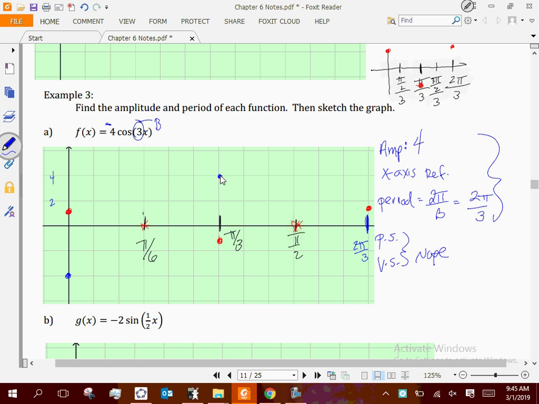I don't know what I'm thinking. Should go there. Stretch this one, reflect it. Should go there, right? And these here on the x-axis stay the same. Now, if I graph that,